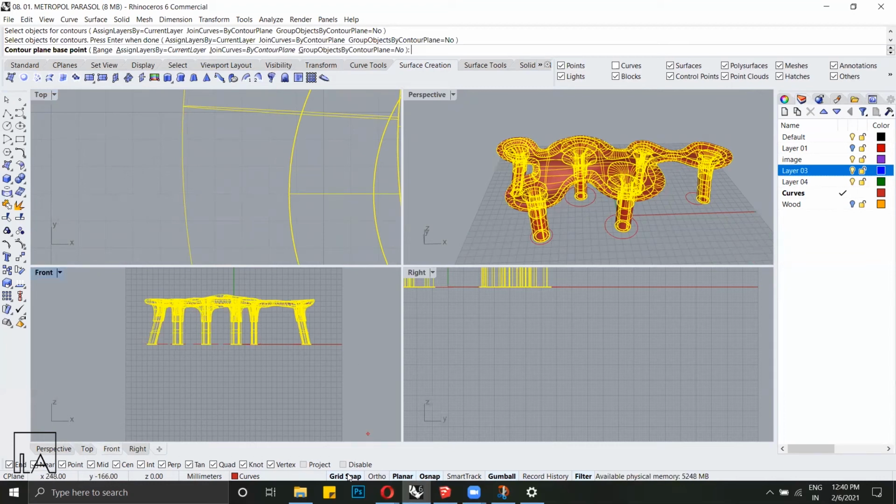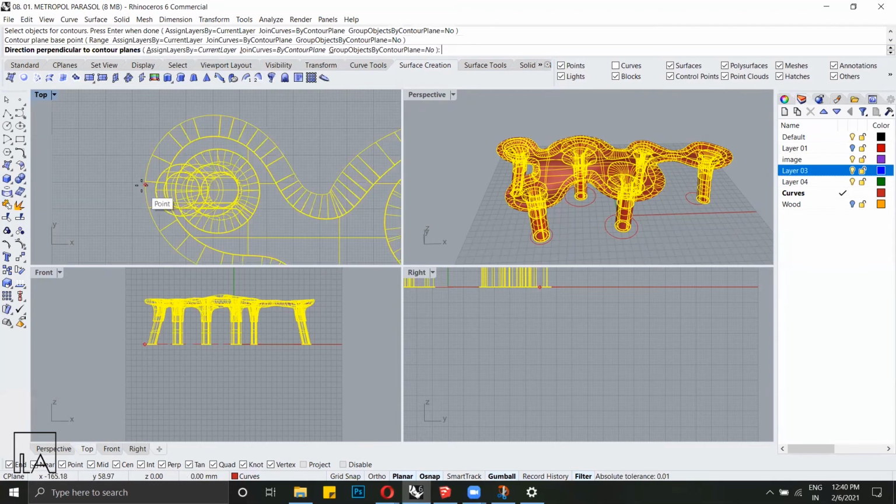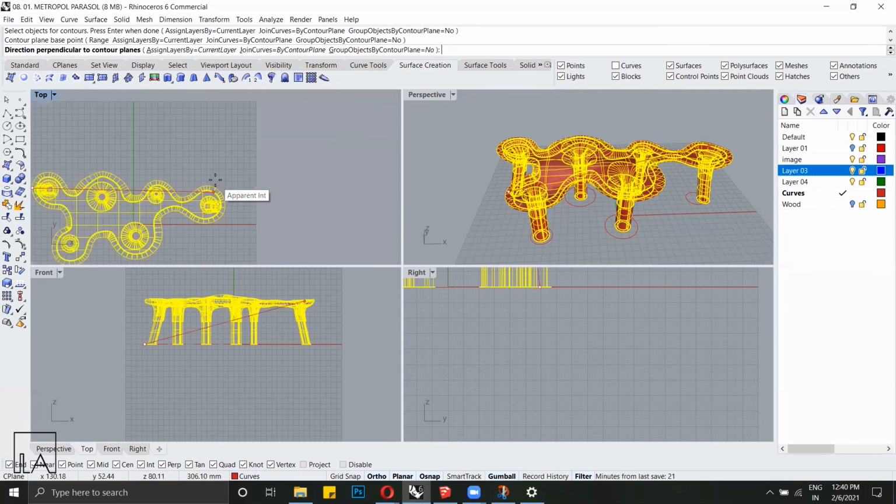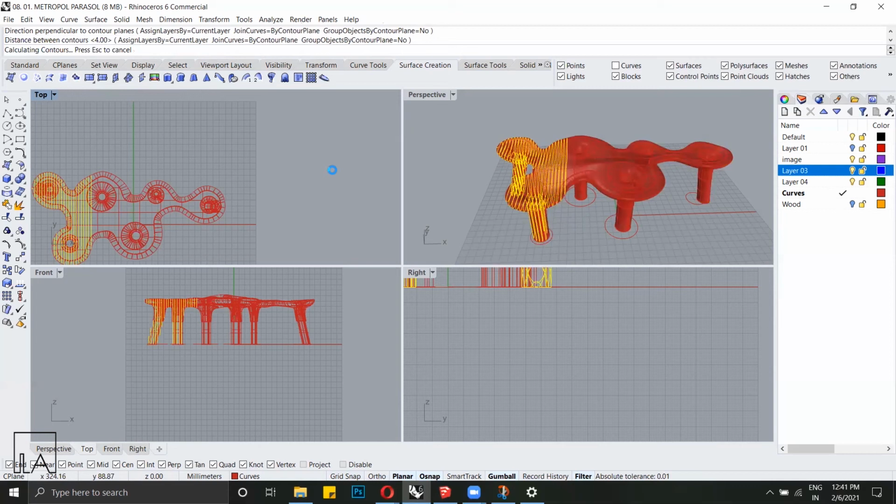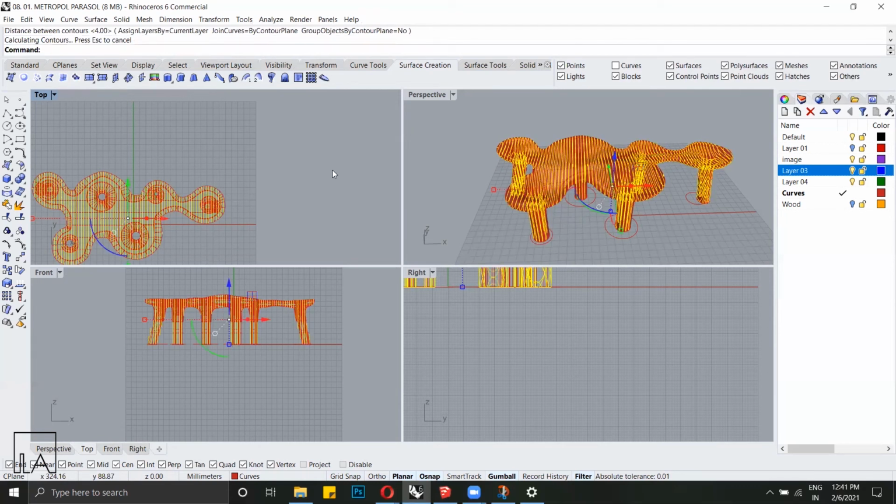I'm going to switch off quick snap. So maybe about there. I'm going to hold shift so I draw a straight orthogonal line. I'm going to select a random point here. Now it asks for distance. I say 4. The rest of it seems fine. So now I'm going to hit enter. Now you can see that the lines are created at equal spaces of 4 between each other. So I have my first set of curves.